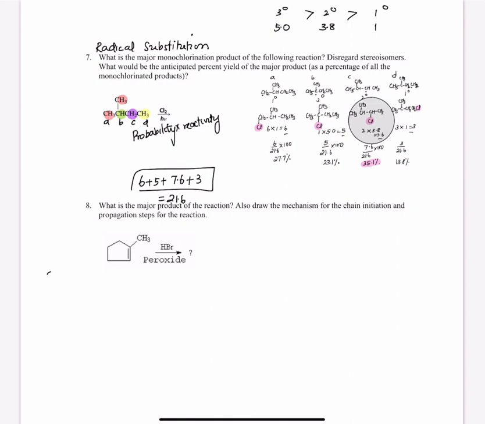What is the major product of the reaction? Also draw the mechanism for the chain initiation and propagation steps of the reaction. So here is a radical addition reaction where the HBr will get added to the double bond, right? So in the presence of peroxide, peroxide is going to initiate the reaction where it's going to form the bromine radical. So in the first step, which is the initiation,